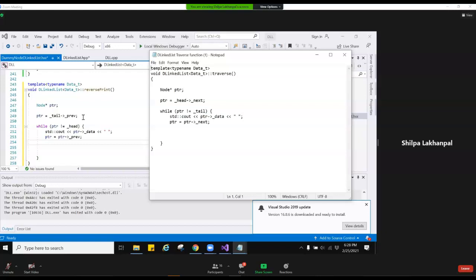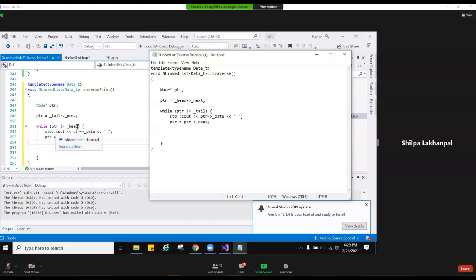What we are doing now is, instead of beginning at the head, we are beginning at the tail. So we set the pointer to tail's previous, because tail is currently pointing to a dummy and we want to point to the actual last node, which is achievable by going tail's previous. So look at the exact opposite. Instead of going head's next, we go tail's previous.